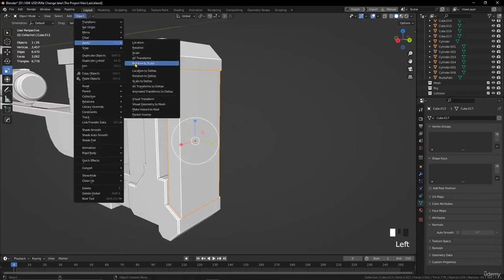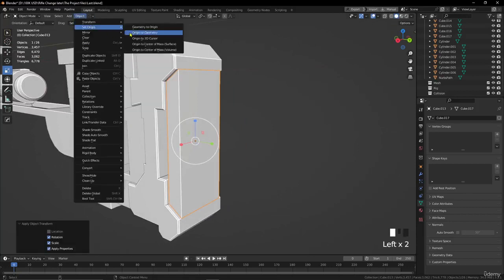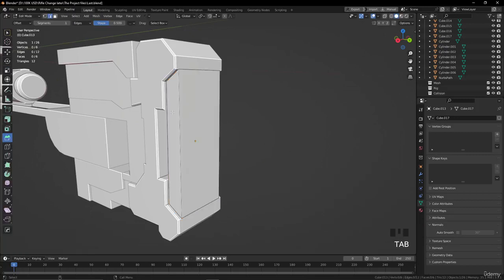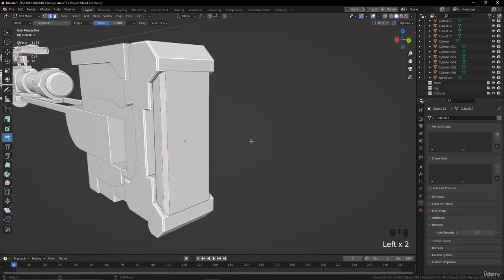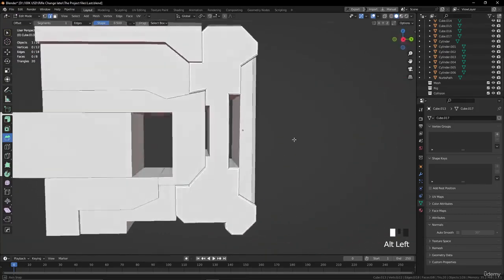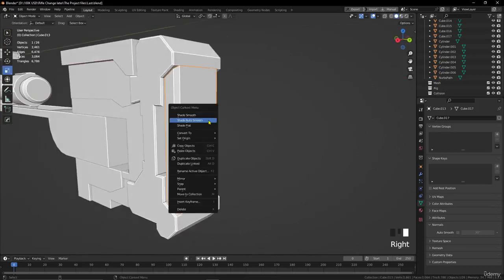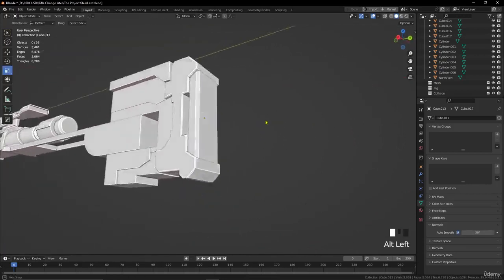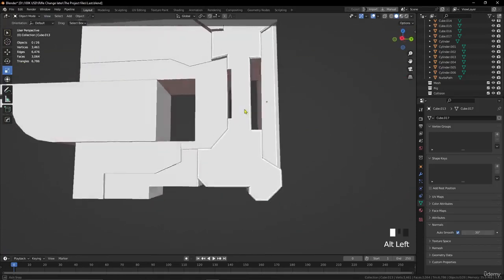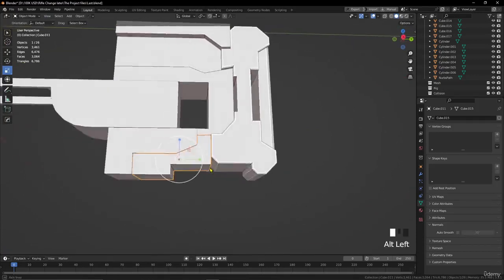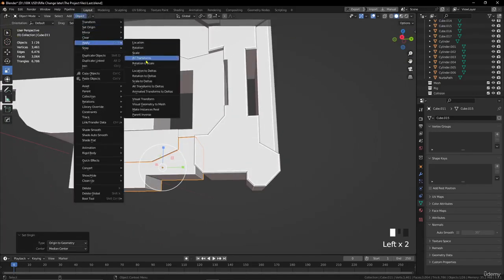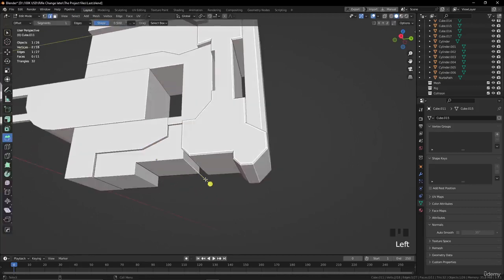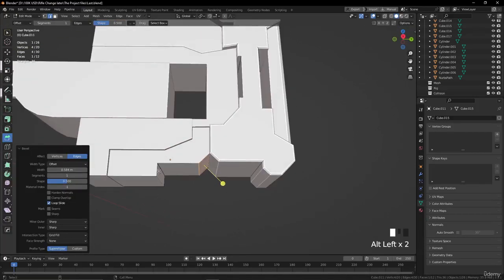Let's go to object, apply rotation and scale. Same thing, let's go to edit mode. Let's select this edge and this one and let's make a bevel here. Let's shade auto smooth. Okay, let's make this one too now. Apply rotation and scale. Go to edit mode, edge selection. Same thing, let's make a bevel here